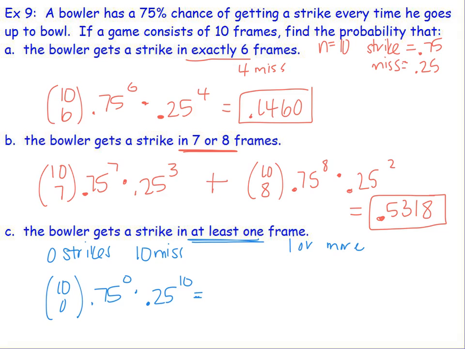Your calculator probably spit out the following kind of strange looking answer, like 9.5 with the E and a negative 7 there. We've seen scientific notation before. All that means is you move the decimal 7 spots to the left. So that would give us a really tiny number. It would give us